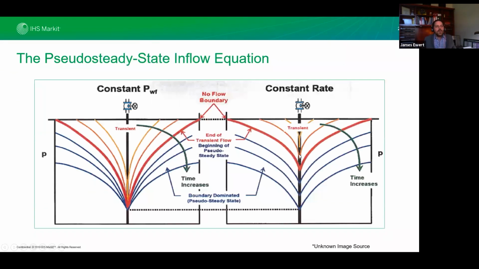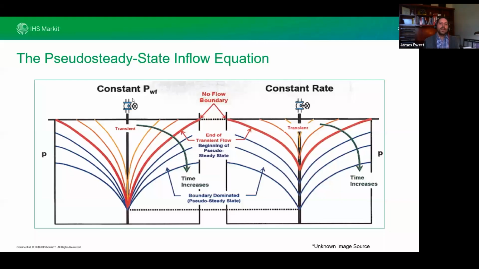Now, the reason we're using constant rate is because something really interesting happens with constant rate data that it doesn't at constant wellbore flowing pressure. I really wish I knew where this image came from because I refer to it quite often. On the left-hand side, they both kind of look like fireworks, but on the left-hand side, notice how you're depleting your well, how it kind of opens up like a flower, right? So your pressure is always staying at the same part, but you're going through your transient, and as soon as you hit your boundary, it's just going to keep opening up like this.